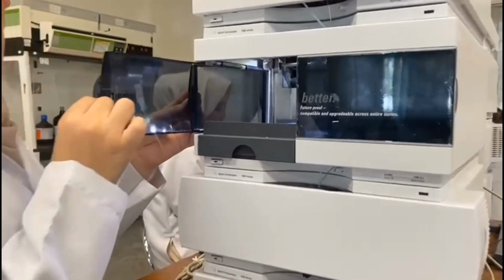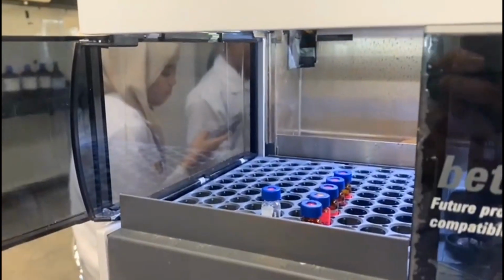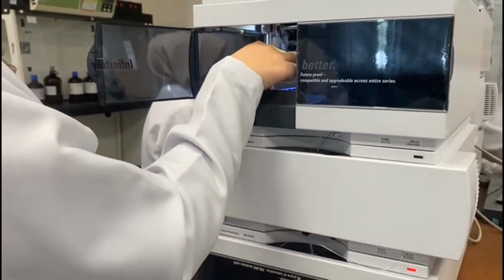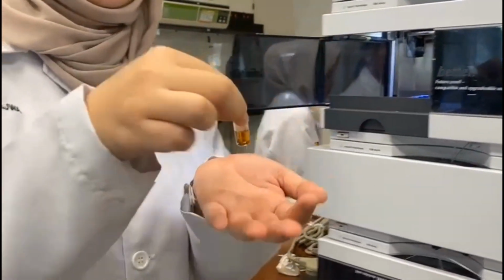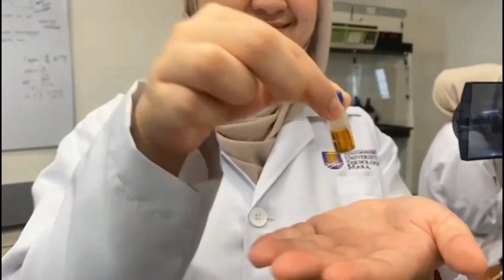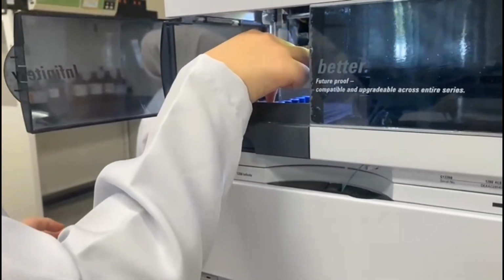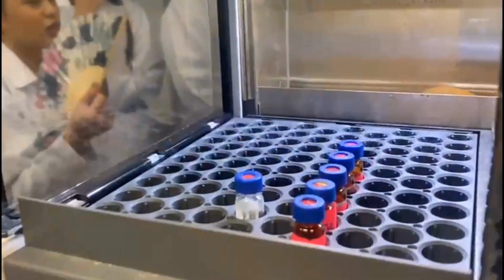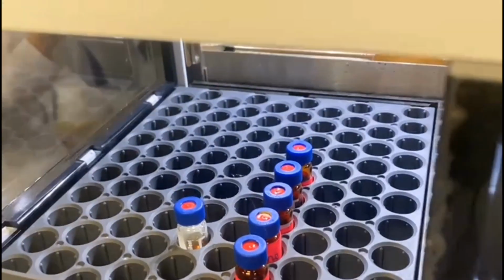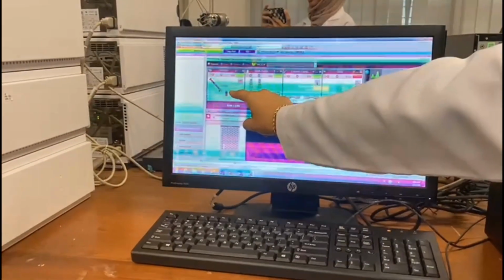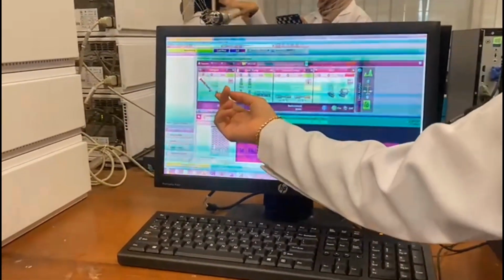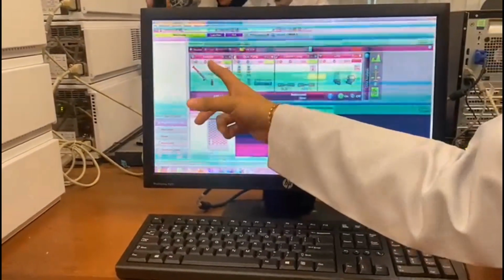When using HPLC with RID, samples are usually put in a vial made from glass. In the sample holder, each sample has its own number. This is to indicate the position of the samples in the sample holder. We can choose which sample we want from the monitor according to the numbers of the sample holder. Apart from that, we can also control the amount of sample that we need and adjust the temperature from the